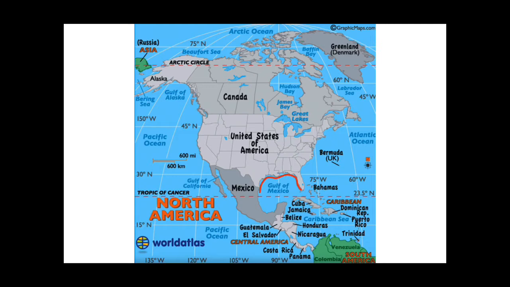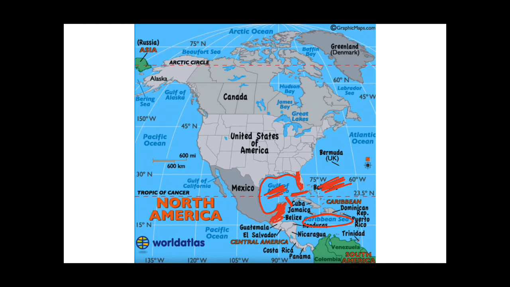This is the Gulf of Mexico. As we saw yesterday, this is the Florida Peninsula and this is the Strait of Florida, which is connecting two water bodies, that is the Gulf of Mexico and the Sargasso Sea. After that we read about this Yucatan Channel. This is connecting the Gulf of Mexico and the Caribbean Sea. This is Yucatan, a city in Mexico.